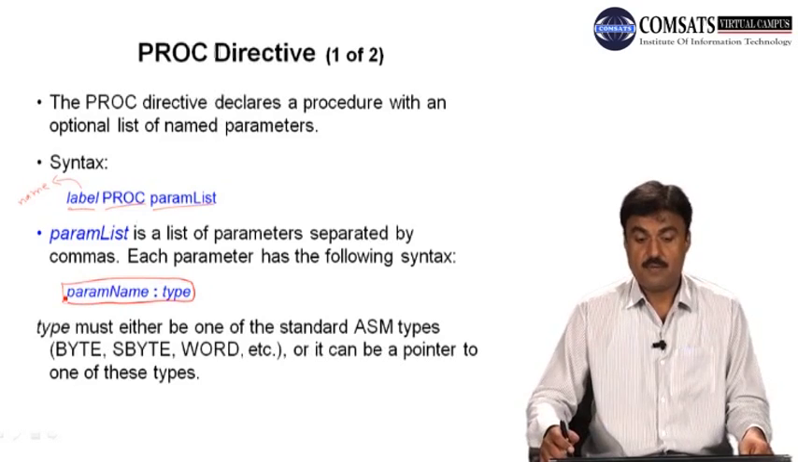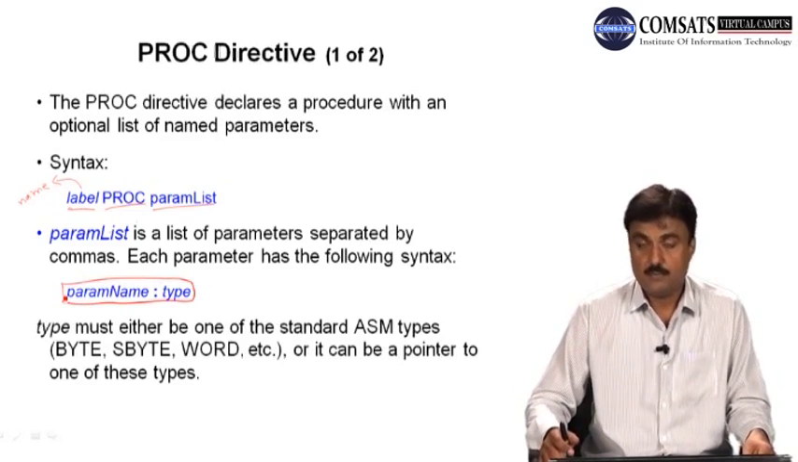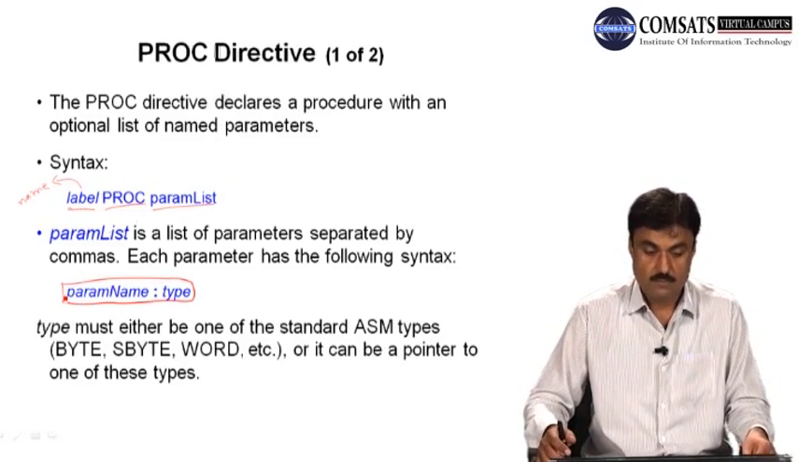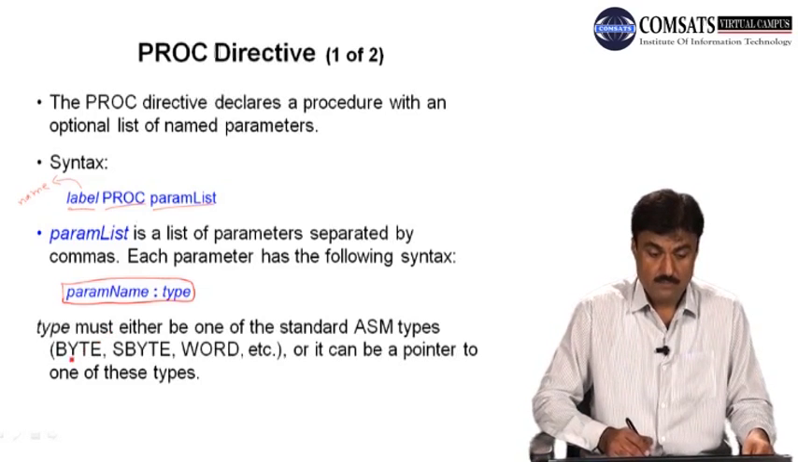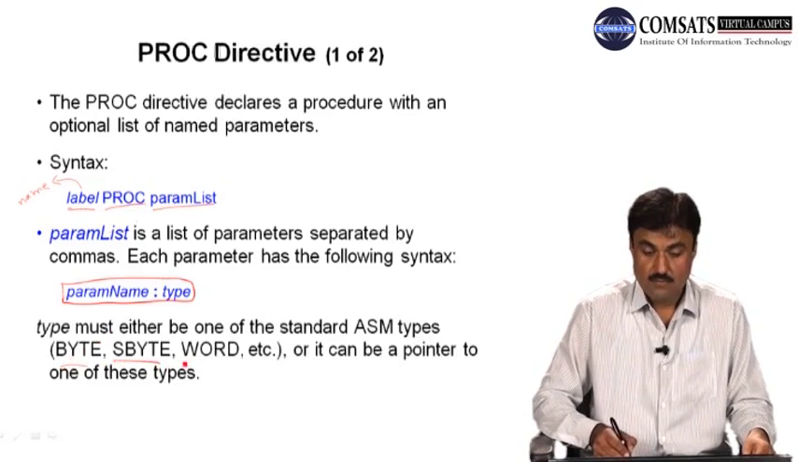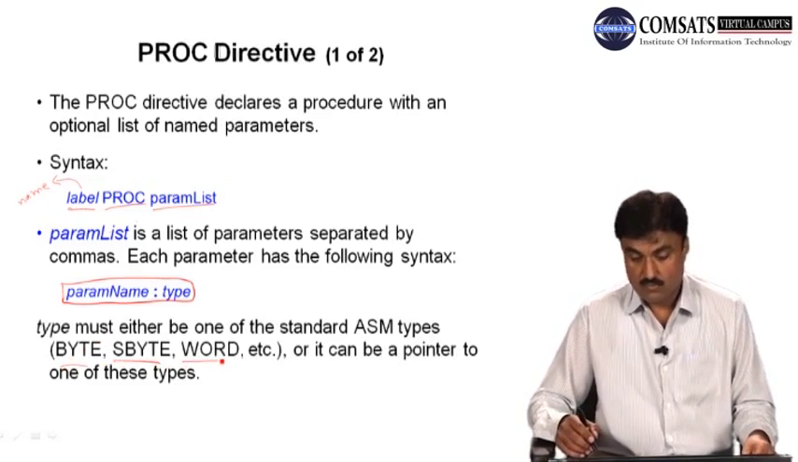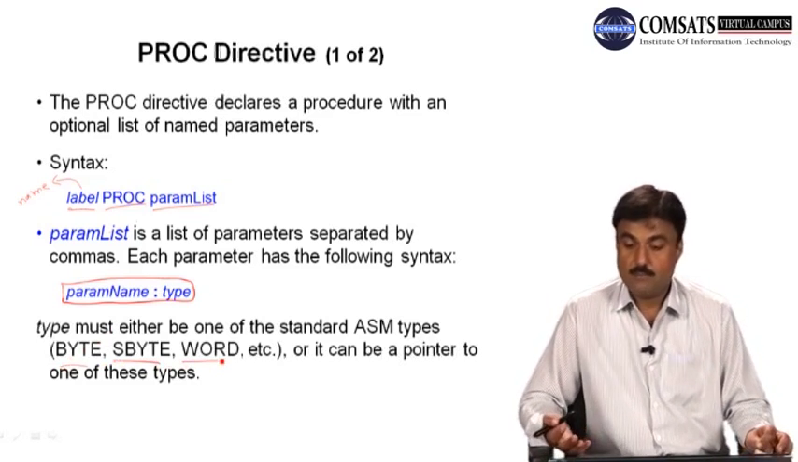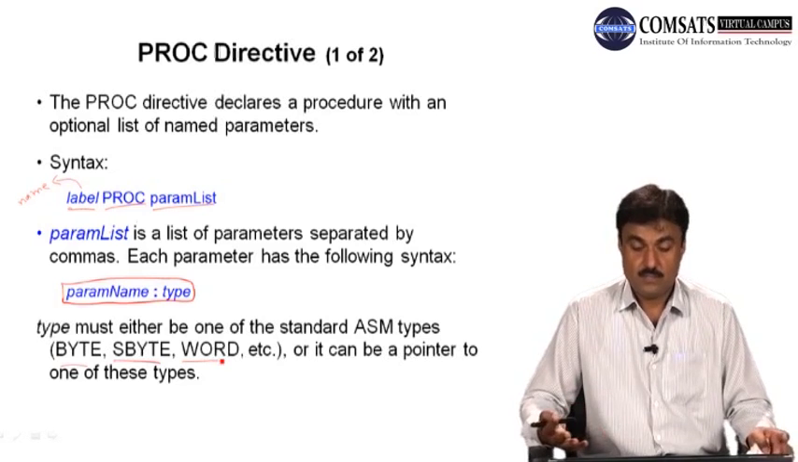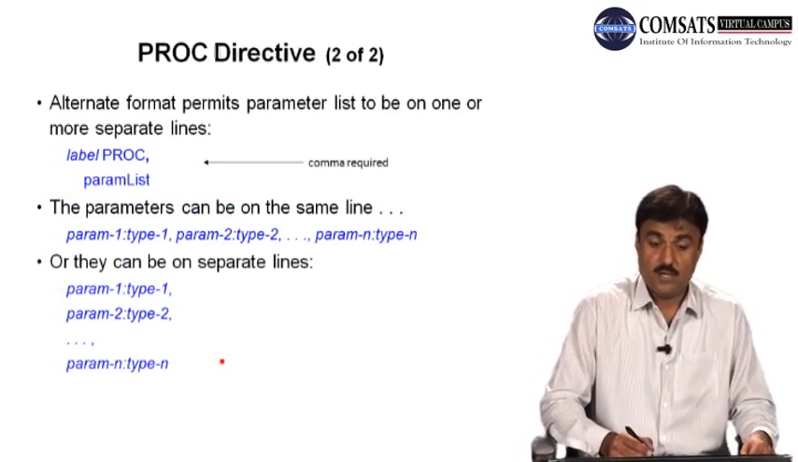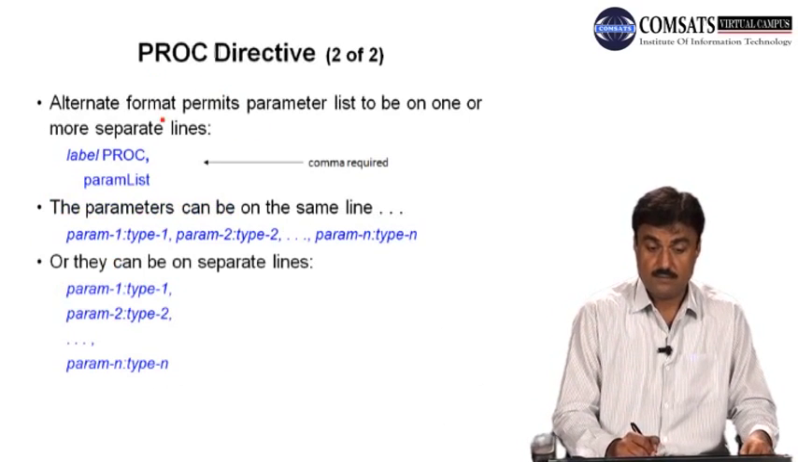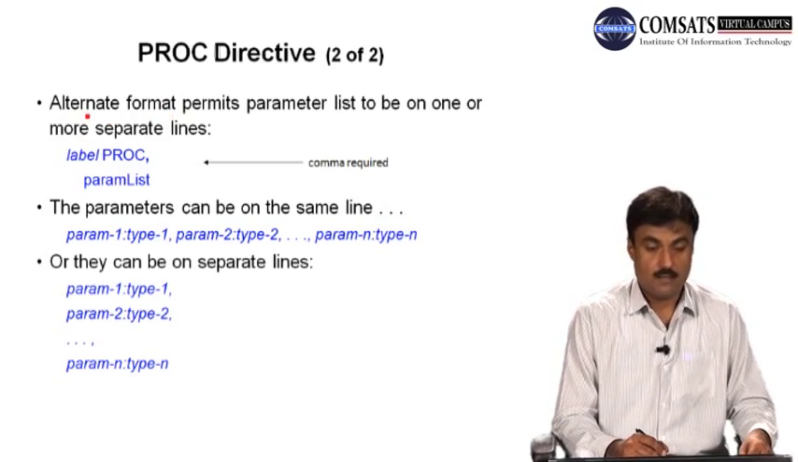Now these parameter names include the parameter name and a colon, and then we have the type. This type can be any type, like byte, sign byte, word, sign word, double word, and so on, or it can be a pointer to any of these types. Here you can see if you want to use the procedure directive with some parameters, this is another alternative